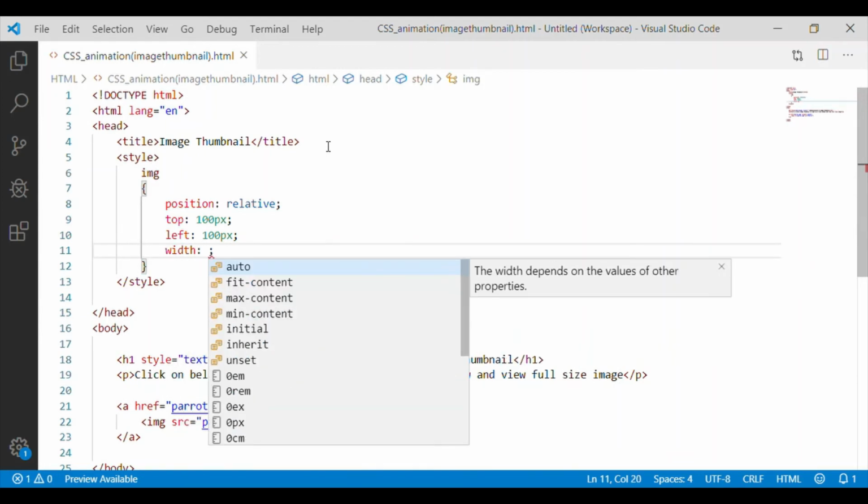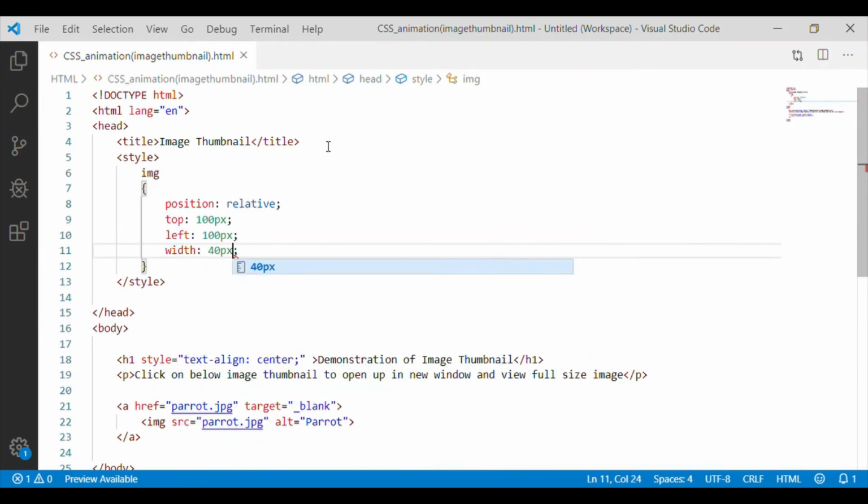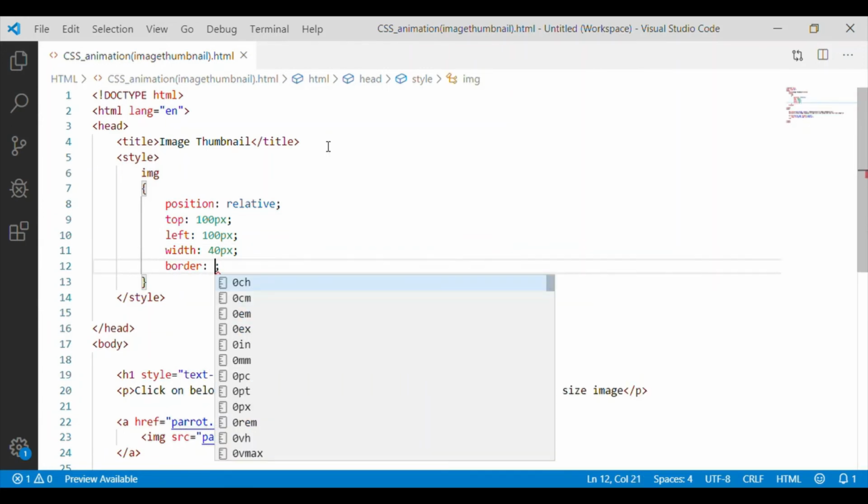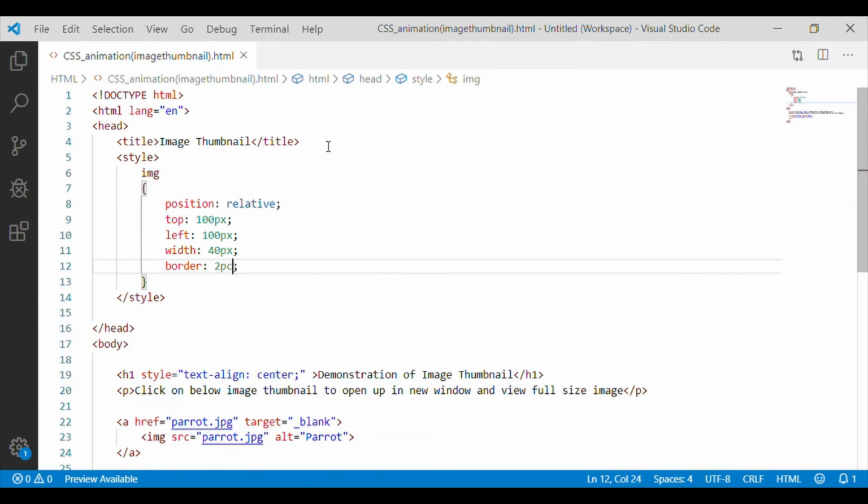Also the width of the thumbnail should be defined. Here I am giving it as 40 pixel. Usually the thumbnail will be smaller in size. The thumbnail will be having the border of 2 pixel and it is solid with the color of gray.